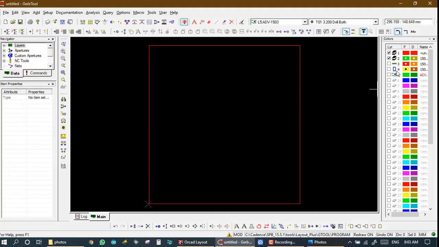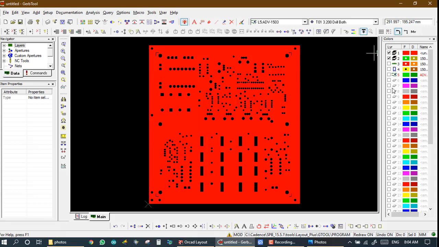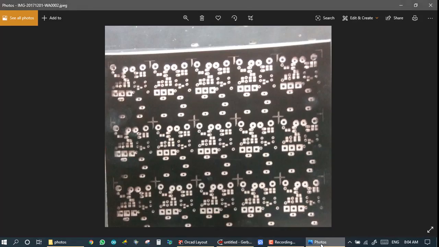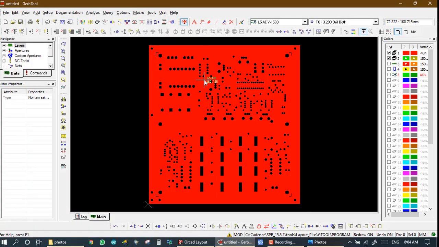So this is my composite layer, and here we made it like the production film. It is the same as this. So this is my composite layer, and the symbol of the composite layer is like this. So thank you guys.